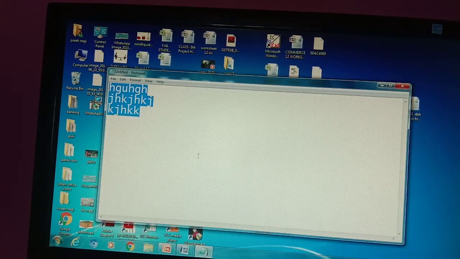Okay, document editing software is your Microsoft Word, that is fully designed for documentation. And this one is for making notes. So simple things are there. You can format a little bit, you can also edit. So you can delete, you can cut, you can paste. These things you can do. Okay, so this is your Notepad.